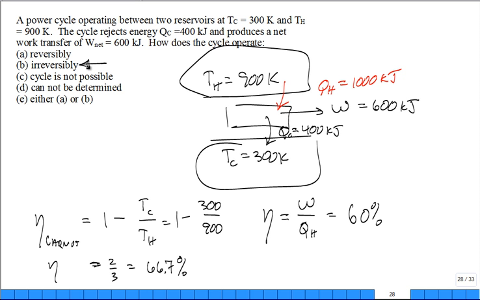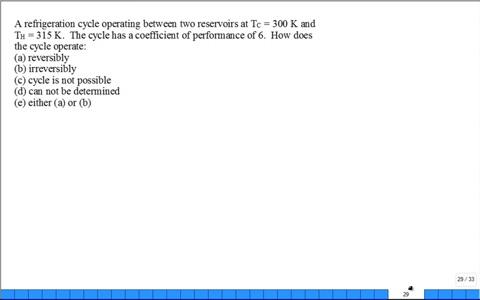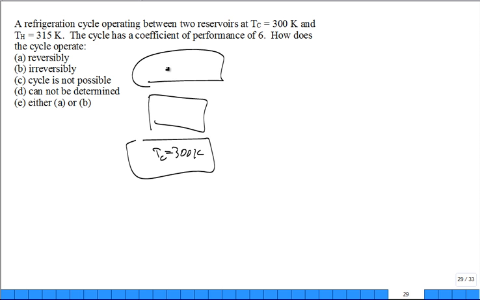Okay, let's move on. A refrigeration cycle operates between two reservoirs. So we have 300 Kelvin for Tc, and then we have 315 Kelvin for Th. The cycle has a coefficient of performance, COP. What type of cycle? Refrigeration. It has a reported coefficient of performance of 6. How does it operate? Well, what we do is we say, okay,